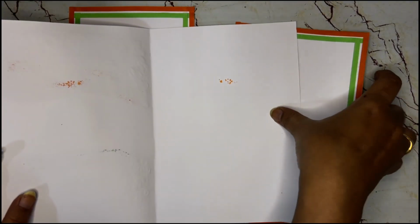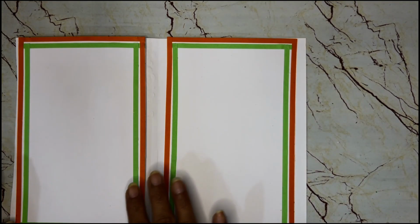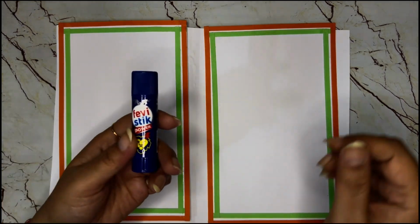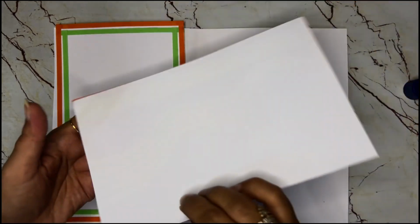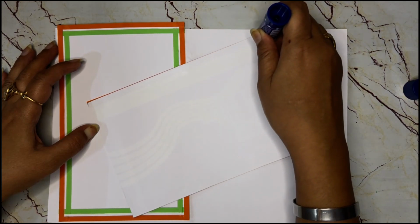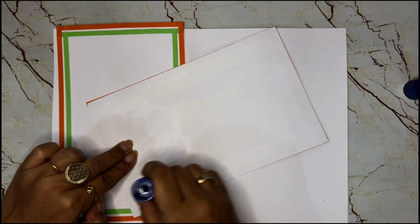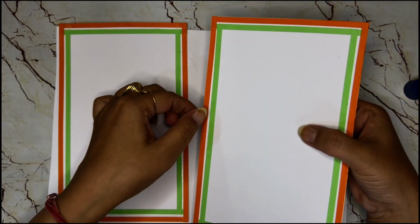I'm going to take my card and I'm going to open it, and I will see the placement. So it's quite perfect, and now you can see it looks even more colorful from inside, right? I'm going to use this Fevistick, and with the help of Fevistick, Fevicol, any kind of sticking adhesive you have, like this simply we are going to apply it on the back. And I'm going to paste it